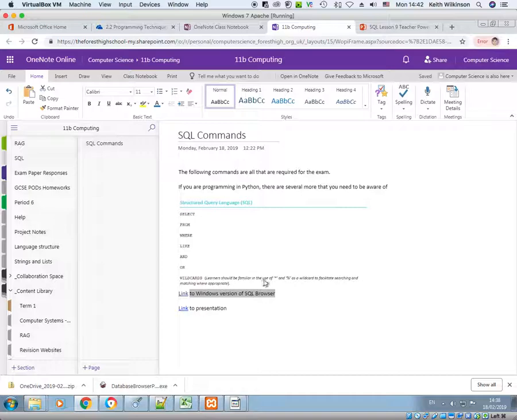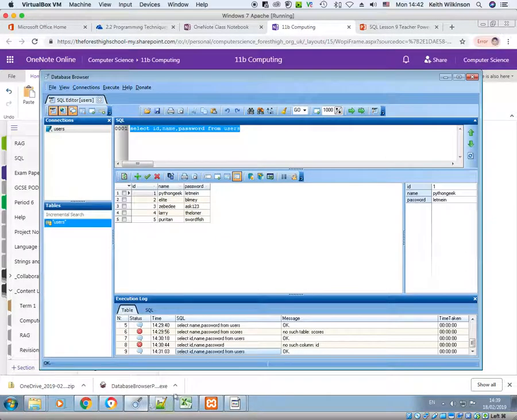Learners should be familiar with the use of the star and the percent symbol. I'm going to add one more to that just in case. But I'm going to concentrate now on the star. And it only appears in one place, and that is straight after the select clause. So if we go back to this one,